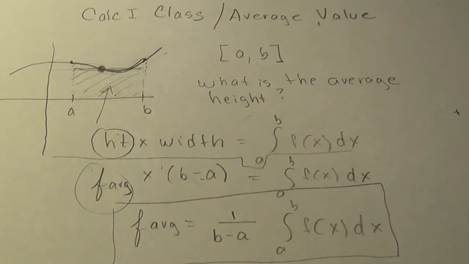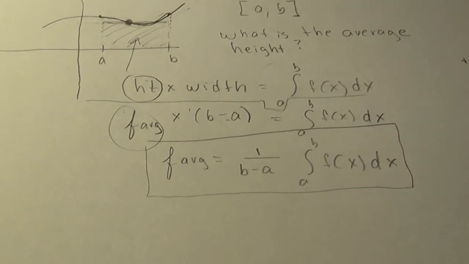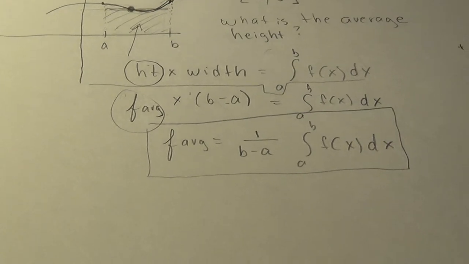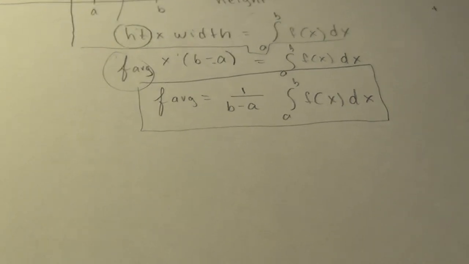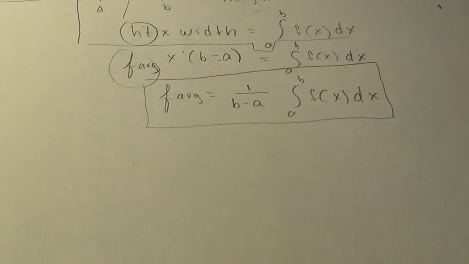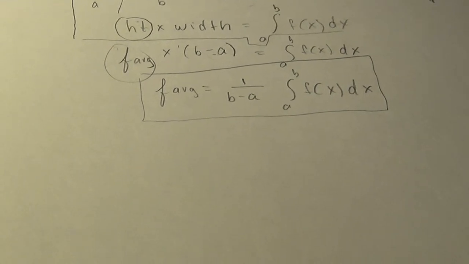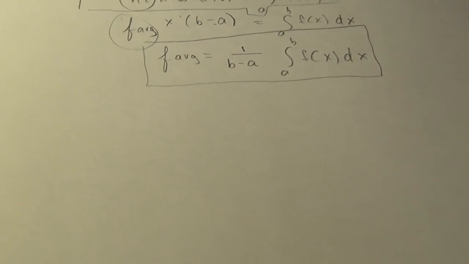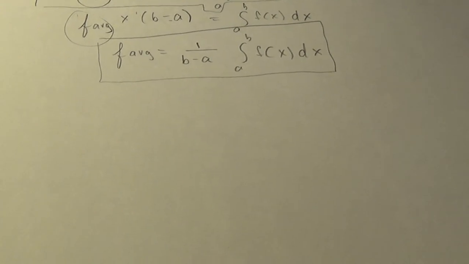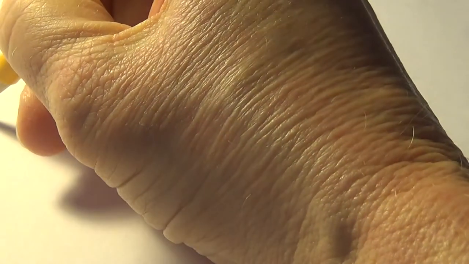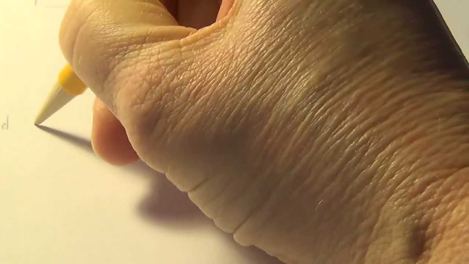So there it is. So write that down, and all we need to do is an example, and your assignment will be like those. So let's do an example. I'll leave the formula on the screen, and we'll zoom. Let's find the function's average